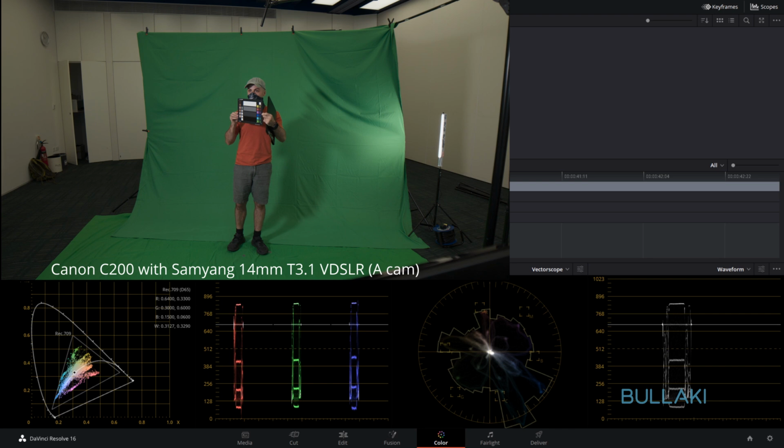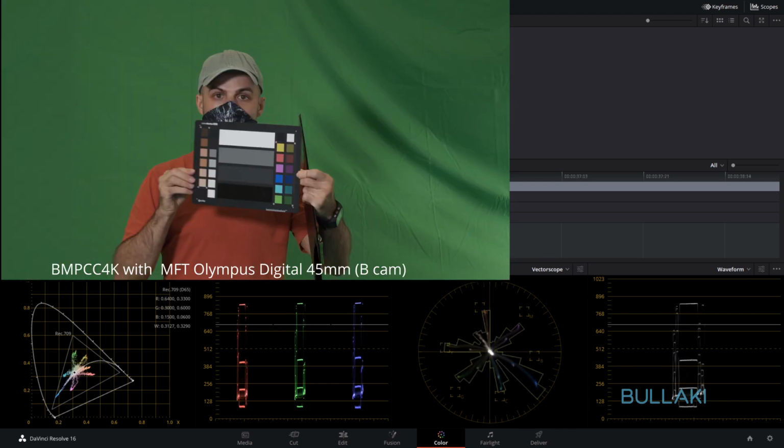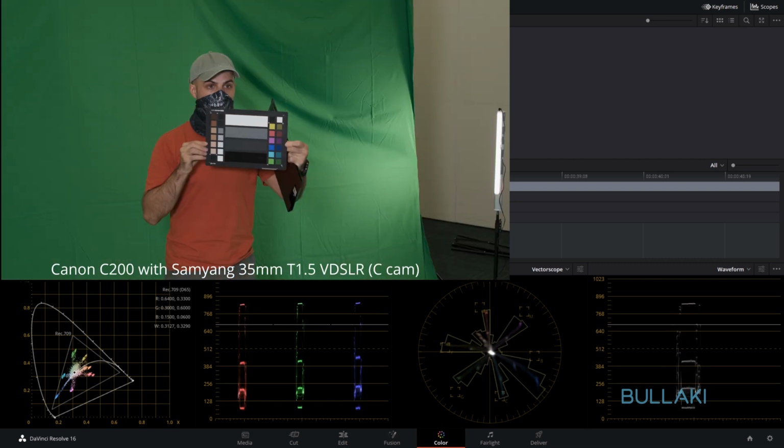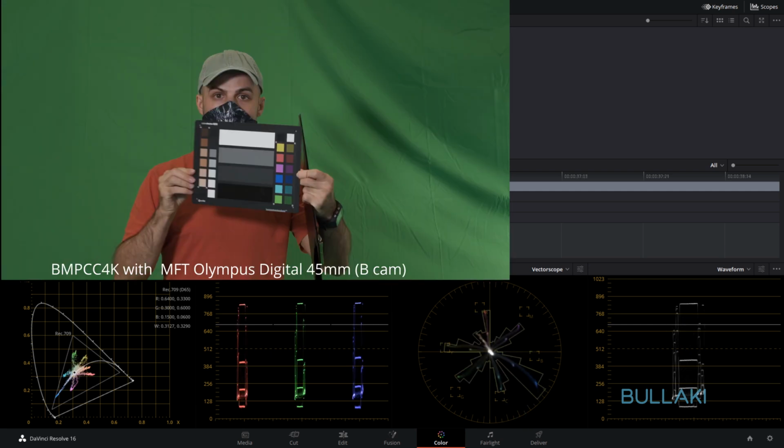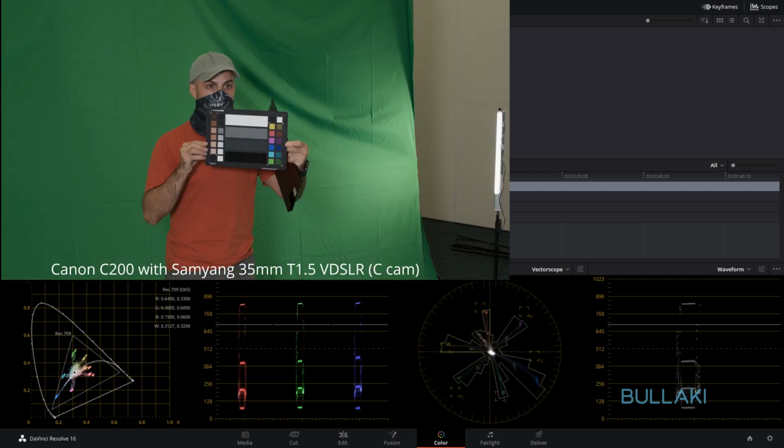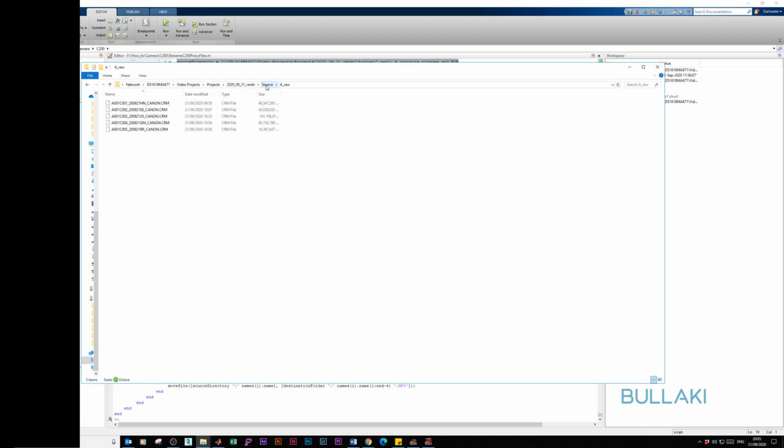This is a short video to illustrate how to color match raw videos shot with the two Canon C200 using different lenses and one Blackmagic Pocket Cinema Camera 4K with DaVinci Resolve and with the ACES Color Space. Rename the C200 proxy files so that they have the same names of the raw files. You can do this manually or you can use my code that I illustrated in a previous video.